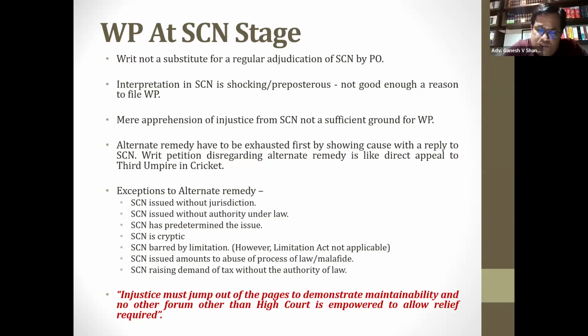So in those kinds of cases, those SCNs are quashed at the threshold. SCN barred by limitation. There is no Limitation Act applicability in High Court. This is important information. The Limitation Act is not applicable for High Court or Supreme Court. They use the Limitation Act only as a